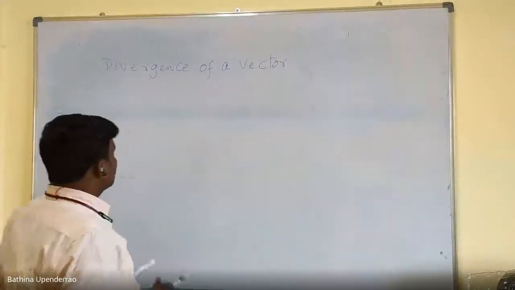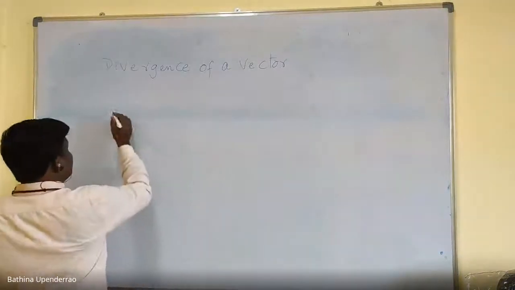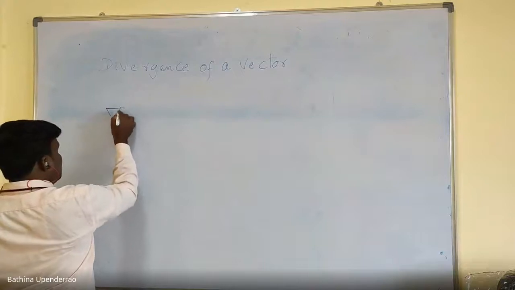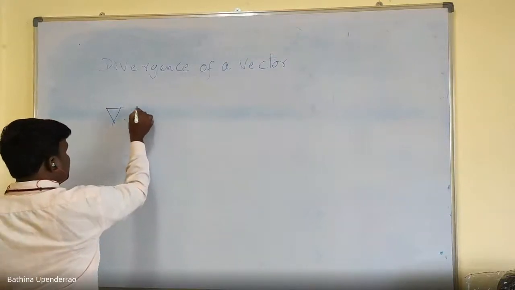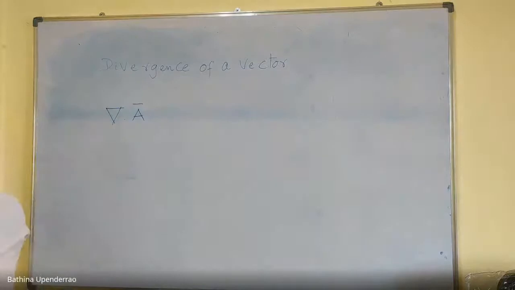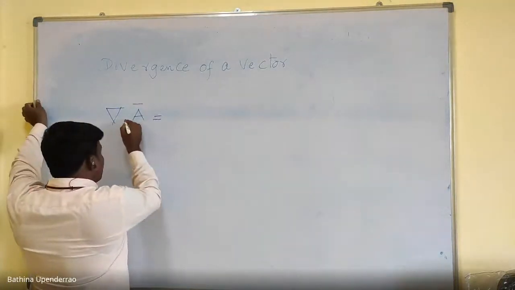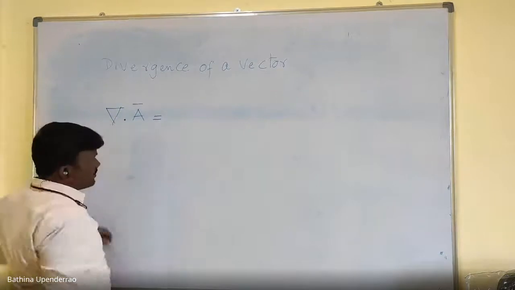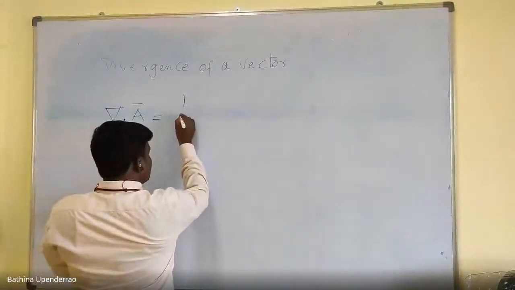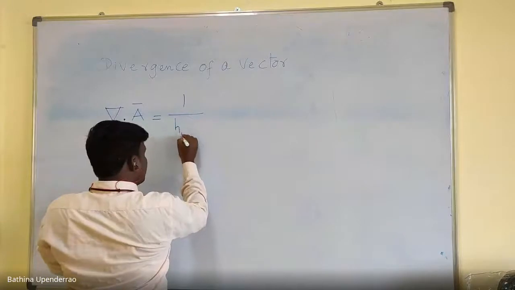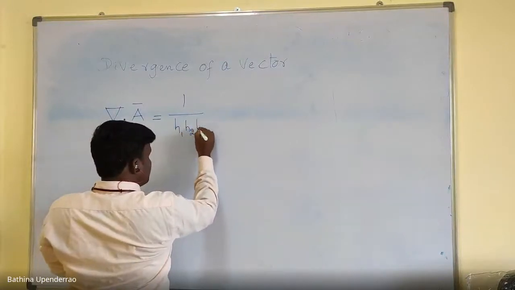Divergence of a vector can be represented by del dot A bar, and the divergence of a vector generalized formula is like this: 1 by h1 h2 h3